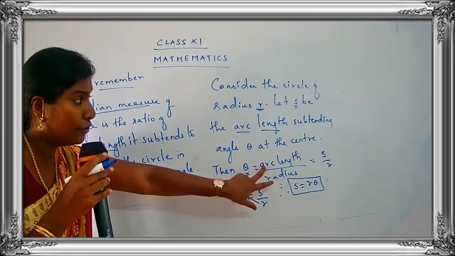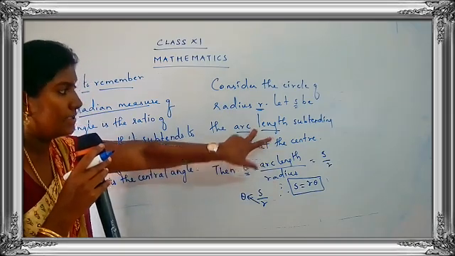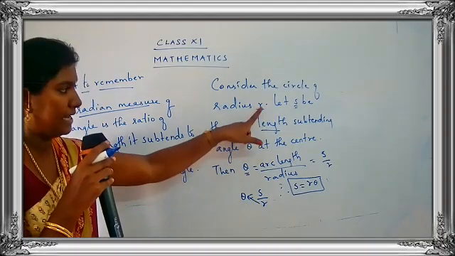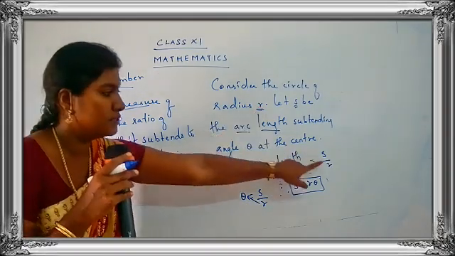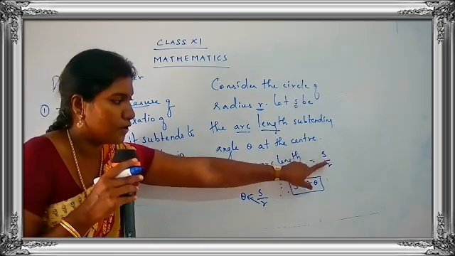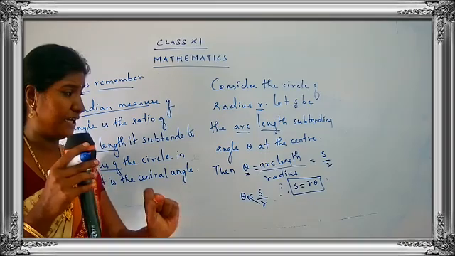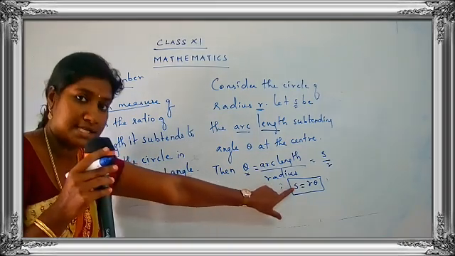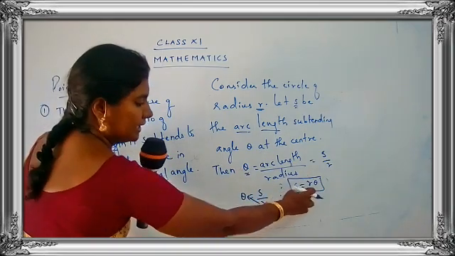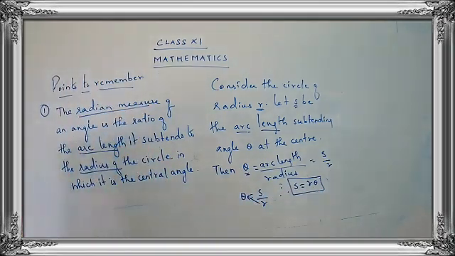And how have you denoted arc length? Arc length is denoted as s. You have to use a small s upon radius. You know how to write radius, children? We use a small r. So what is the value for theta? Theta is equal to s upon r. I don't want the answer in terms of theta, I want the answer in terms of s. So s is equal to r into theta, that is r theta. Have you taken down the first point? Complete the first point, children. So s is equal to r theta.